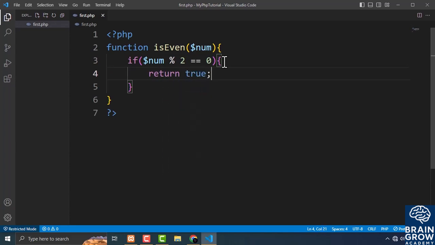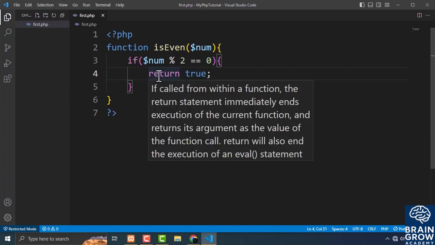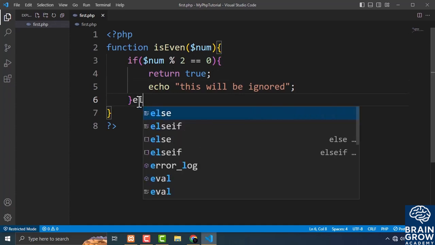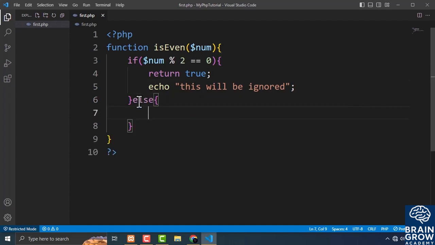So now what this function will do, it will check if the condition here is true, then it will execute this code. And in this code you can see you have the return keyword, and also you have the return value here. Now this function will return true or false, so I'm just returning true here. So after this return statement, it will not execute the code. Whatever you type after that will be ignored, like this will be ignored. And suppose the number that the user is passing is not an even number, then we also have to return